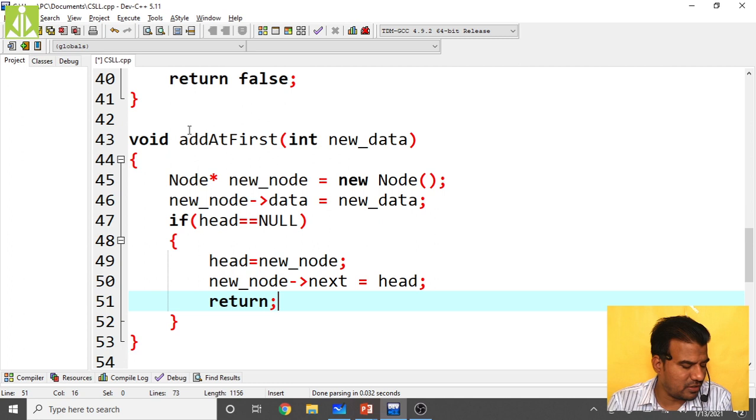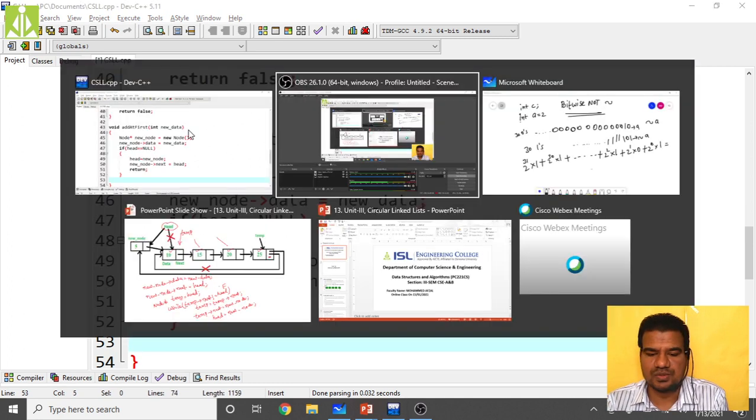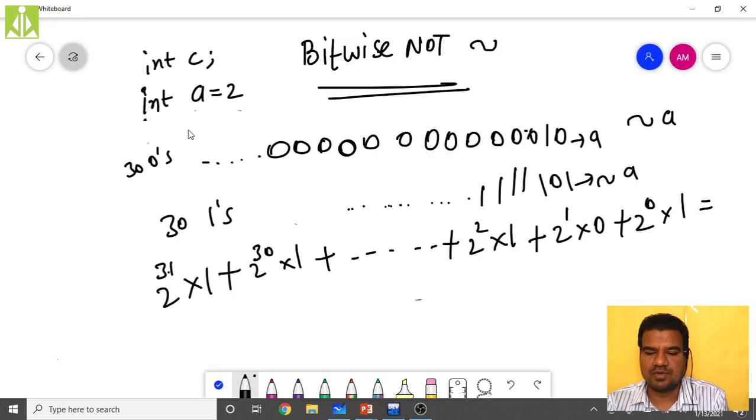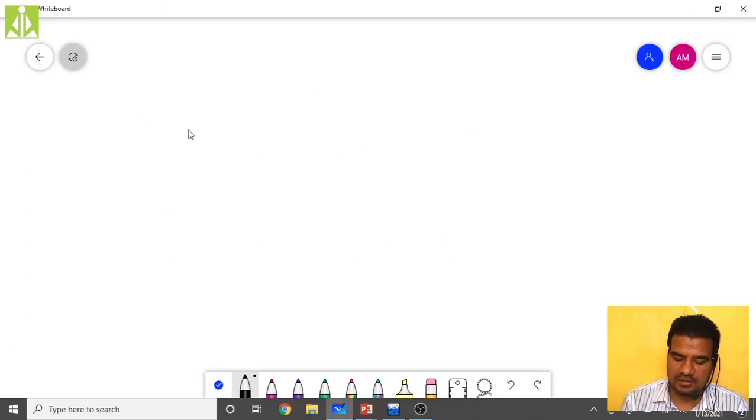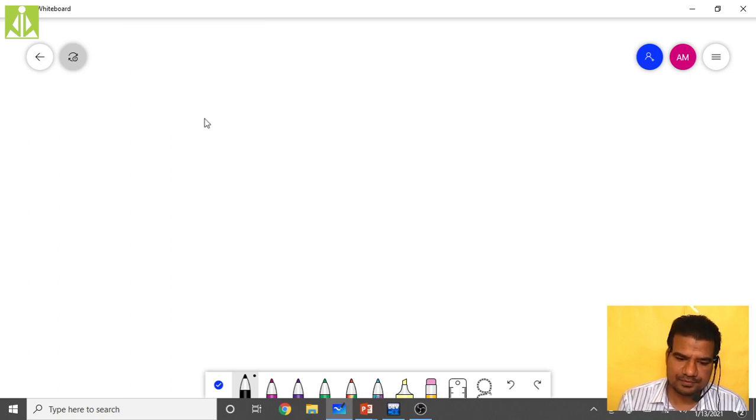Don't go any further, return from here itself, because I will explain this logic to you. I will take the help of some whiteboard. So delete this entire thing. Let us say if your head pointer is null, what does it indicate?